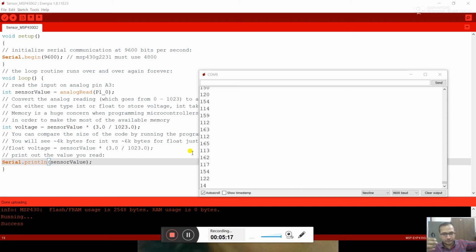MSP430G2. Now I will cover this sensor, and then you can check the value on the COM port. Yes, now it is dark, I have covered my sensor, and the values have dropped down.